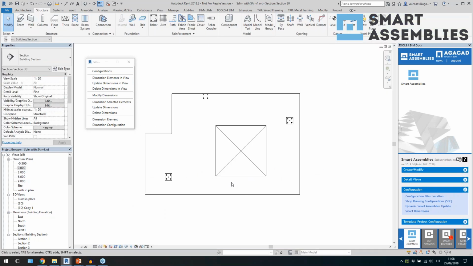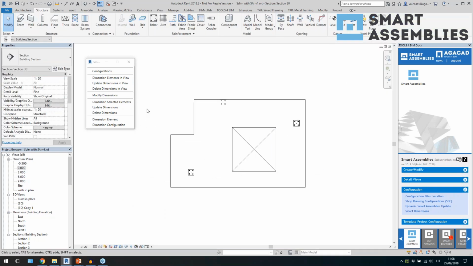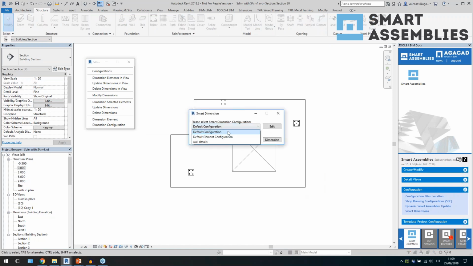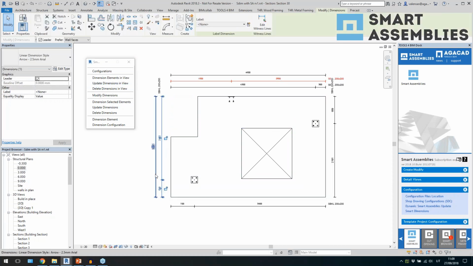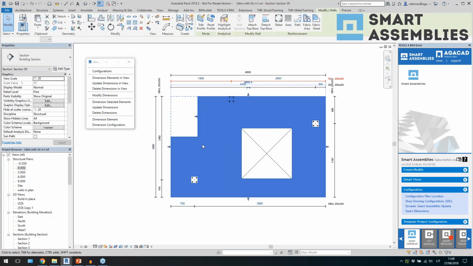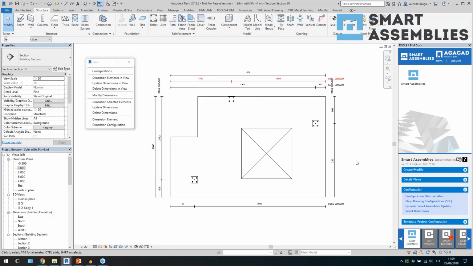I can make just a section, and now I have already one configuration created. So I will do it like this. And you see, I use this command to dimension elements in view, and that's it. I have dimensions based on my configurations. So it's not even an assembly, right? It means it can work as a separate tool. It can be used in any view,